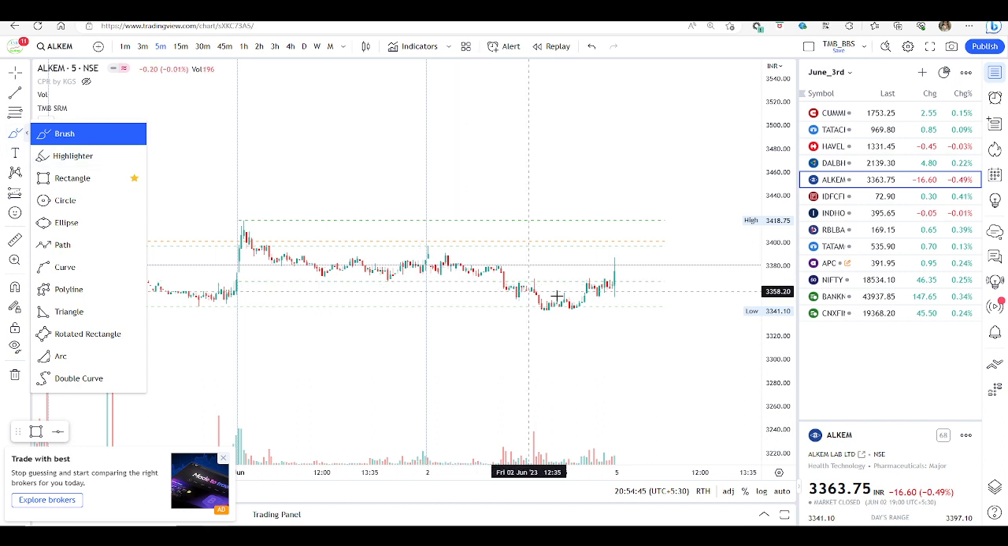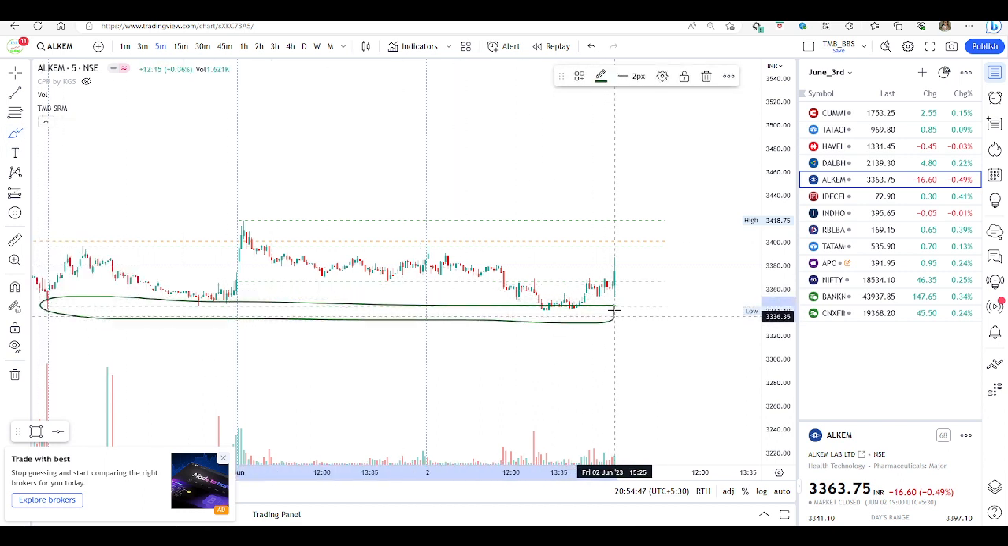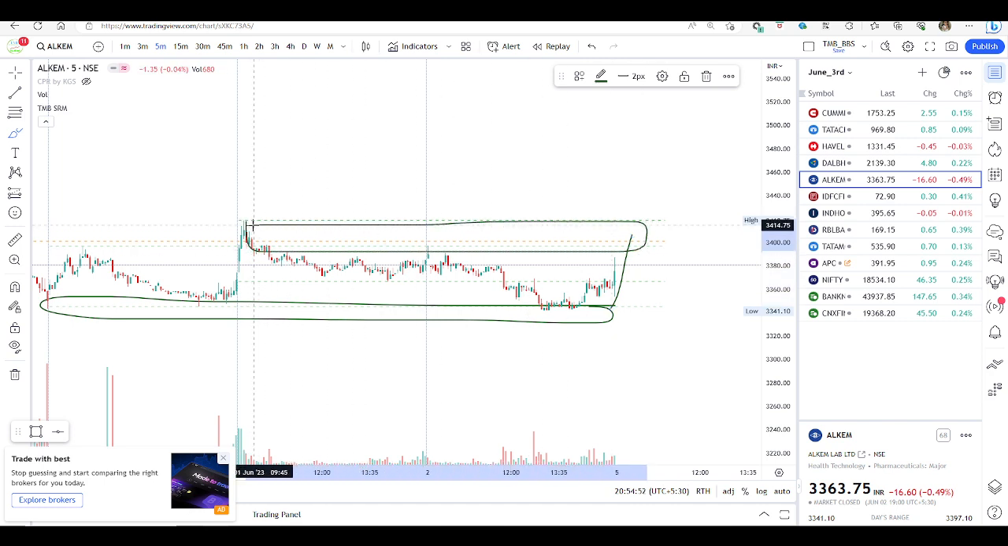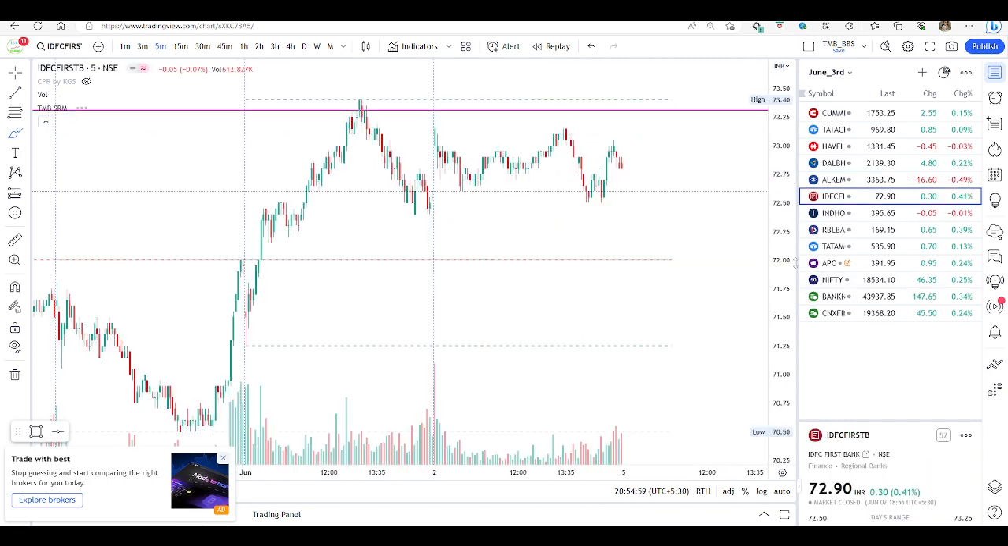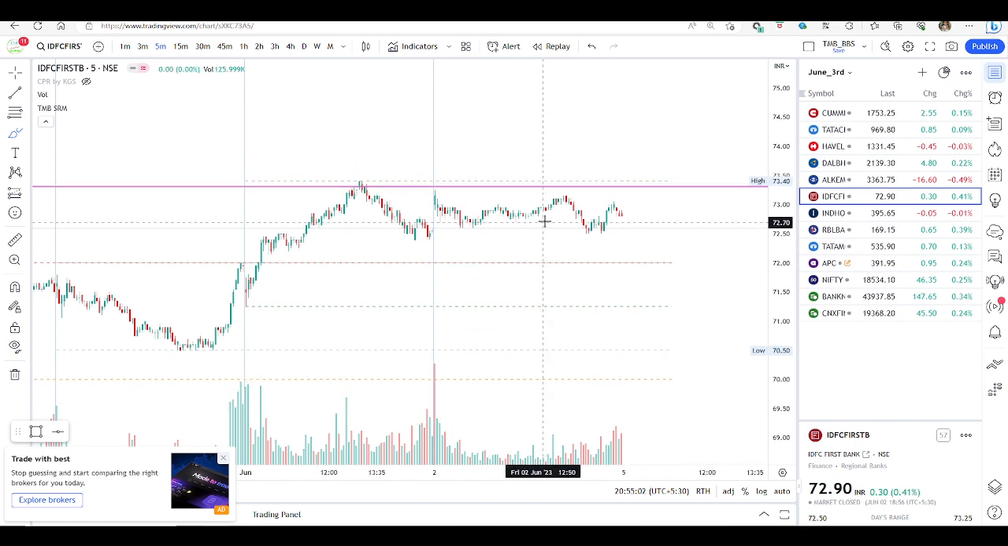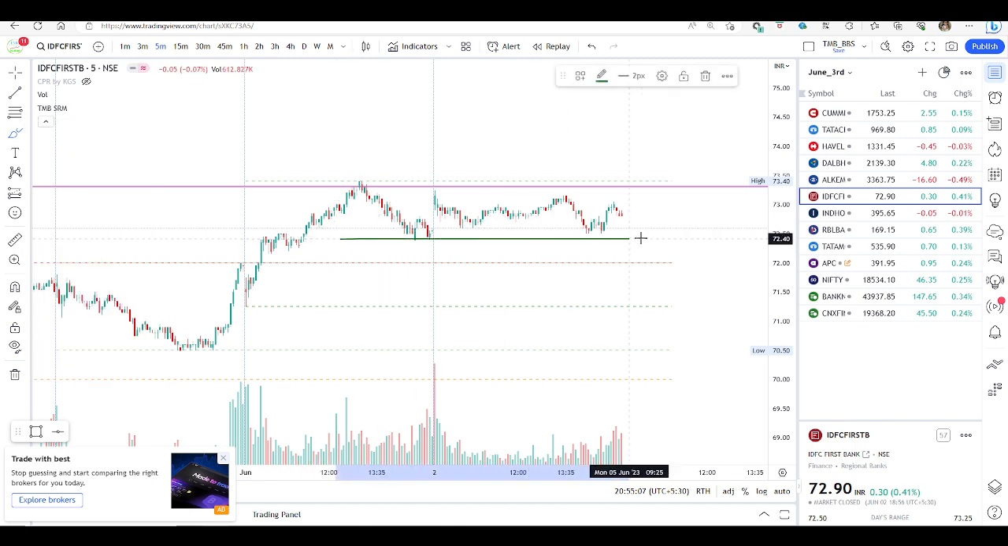Here a good support region is there. Upside also there is not much room to go up. If this opens above this area, go for the buy side, looking good. IDFC, this is also a confused state. The stock is trading in a range. If it breaks this, this is going to be a big up move. I am not looking at the downside as of now,